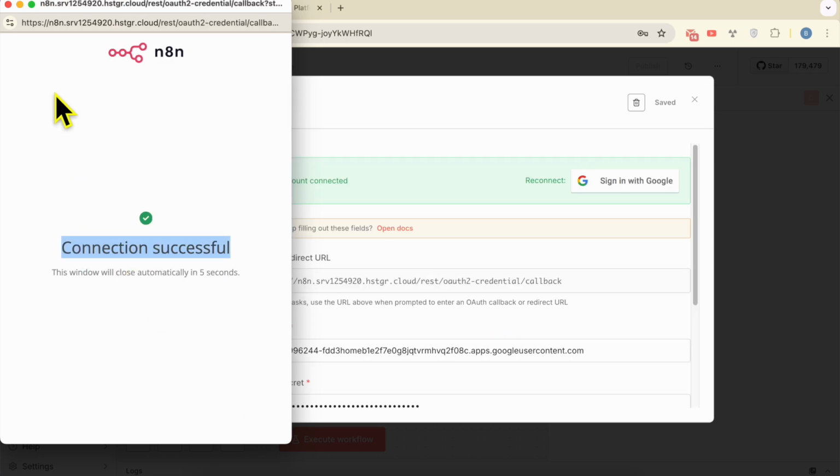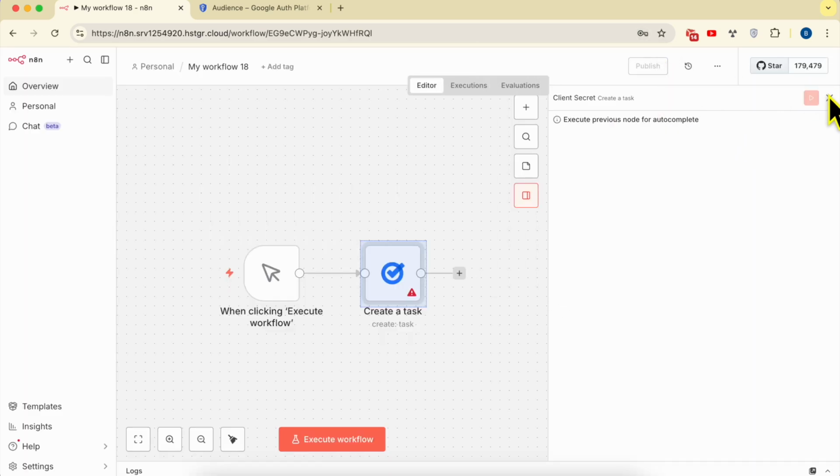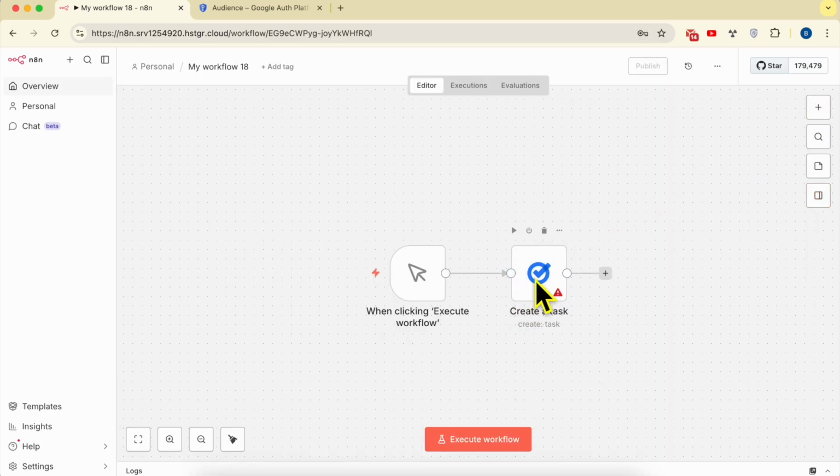As you see, connection successful. Now you can close this window. And as you see, account connected. This means that your Google Tasks account is connected to n8n. Now to make sure that this integration is well done, we will create a simple workflow that